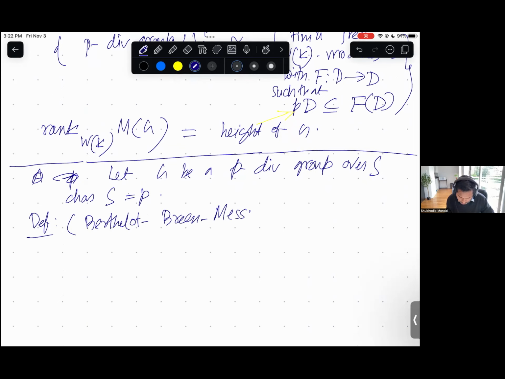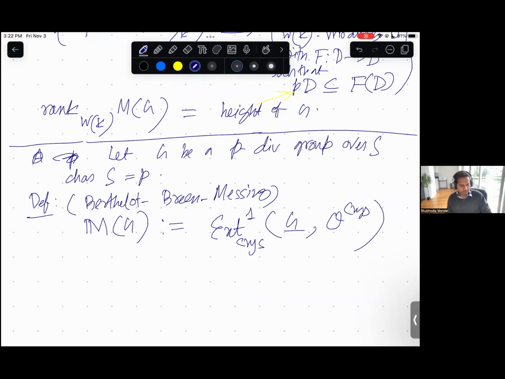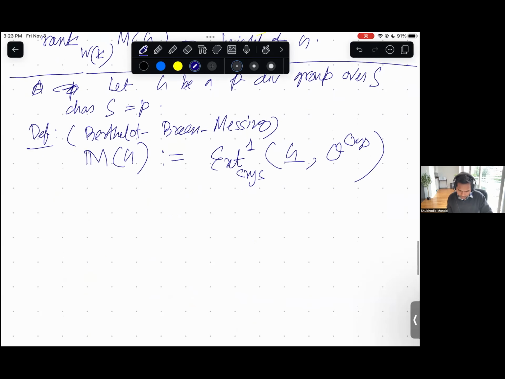In this case, we can make the following construction. You can take the Ext group inside the crystalline site, defined in this manner. And what we prove about this construction is that